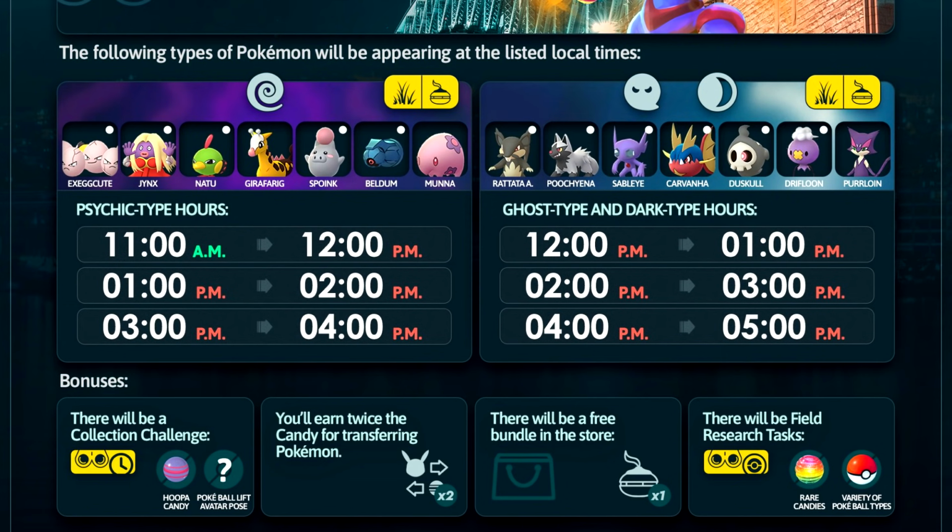Oh, and I also forgot to mention, there is going to be an exclusive pose available called the Pokeball Lift Avatar Pose, and you'll get this from actually completing the collection challenge, so definitely make sure to get that done during the event. So with the Hoopa event out of the way, let's move on over to our next event